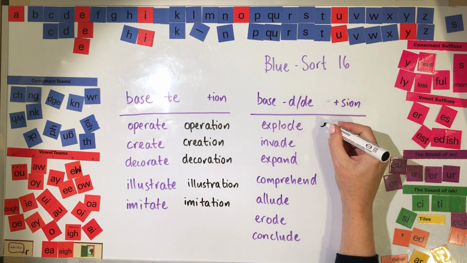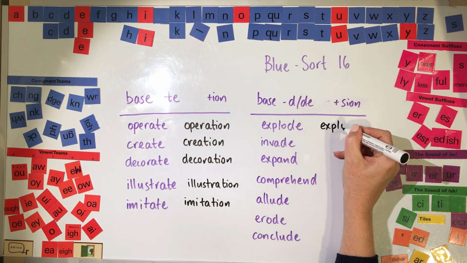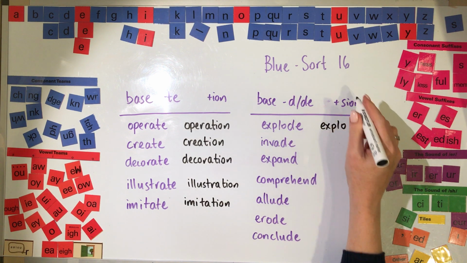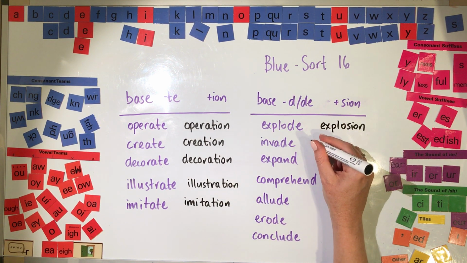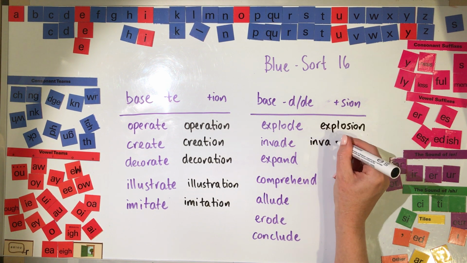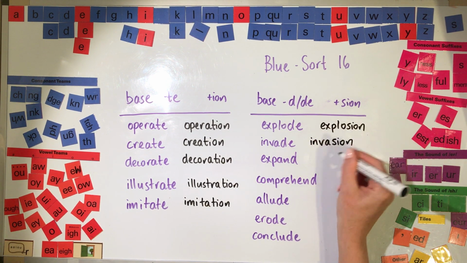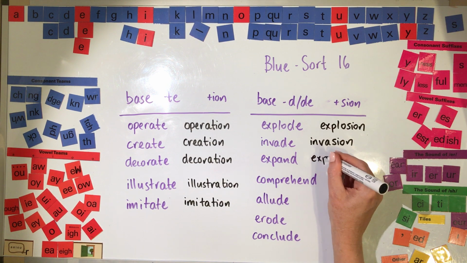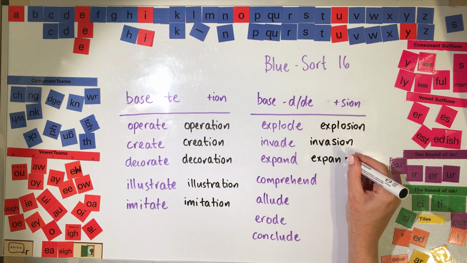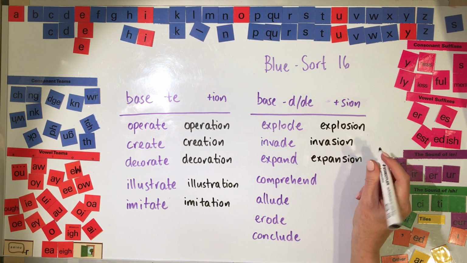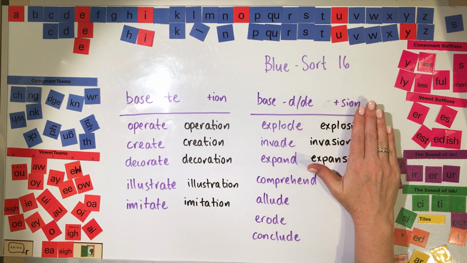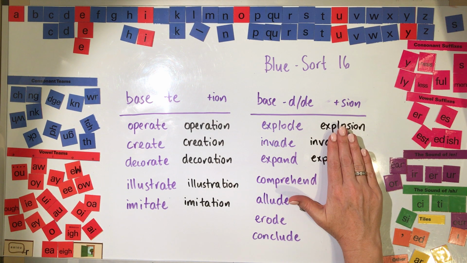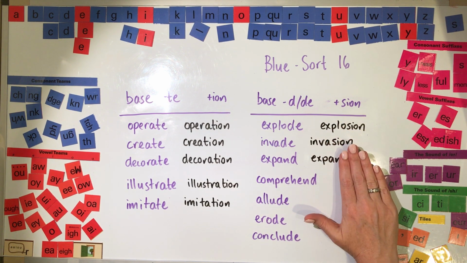So in this case I would write explode, and before I write the DE I then insert SION. Invasion, expansion. So see how I have dropped the DE and then added SION, dropped the DE, dropped just the D,